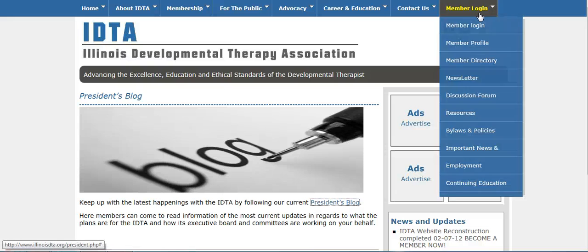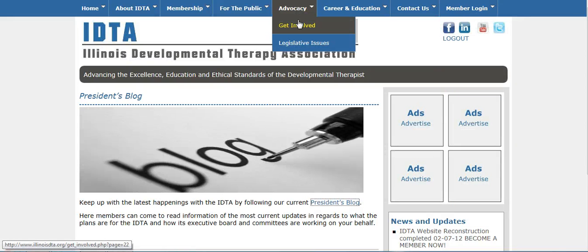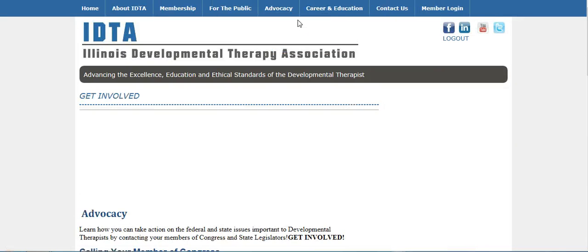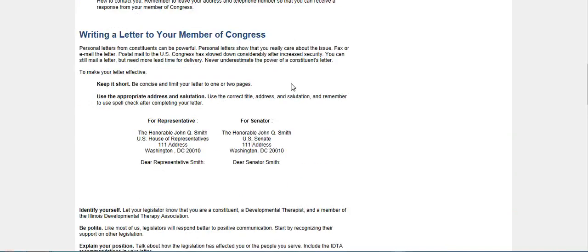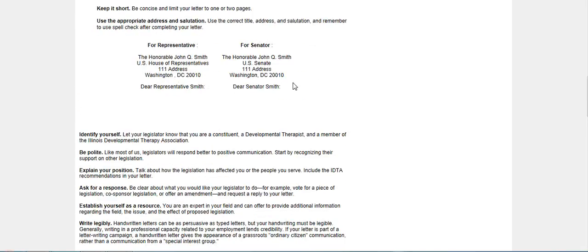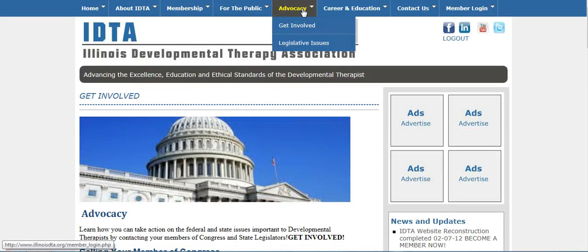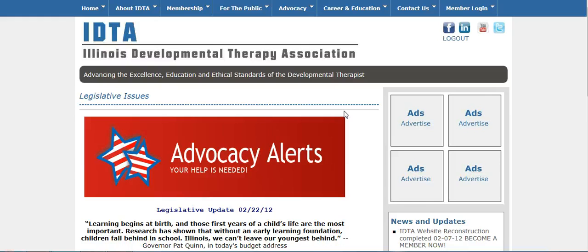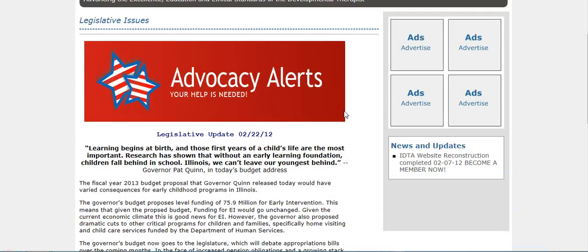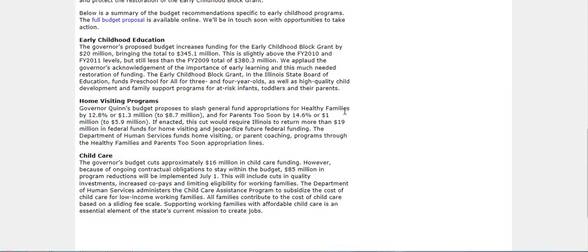There's also going to be access to an advocacy page that'll tell you how to get involved and give you some opportunities to work with Congress members and to advance the issues of the IDTA. And then also advocacy alerts and the legislative issues update page where we'll give you guys